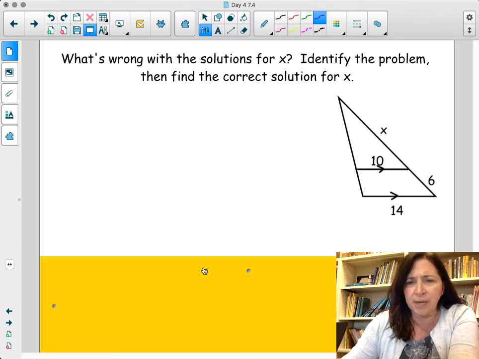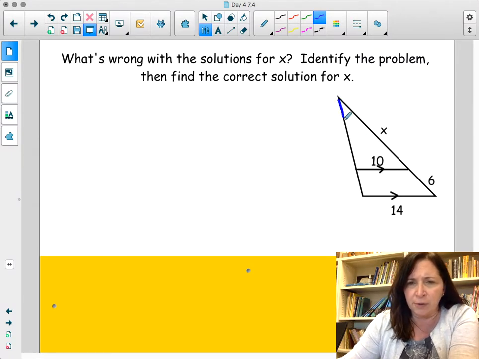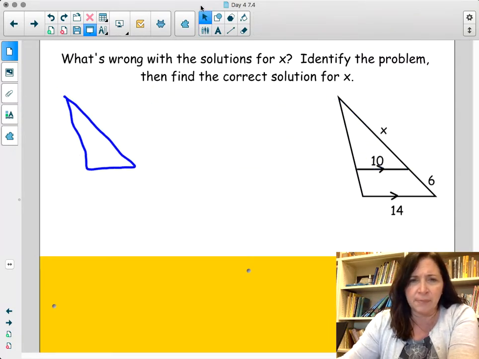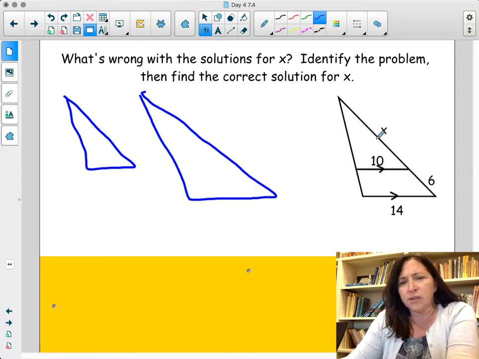So for this one right here, we're just going to separate the two triangles. So I'm going to redraw this right here. And I have this triangle here. So I'm going to move this triangle here. And then I'm going to redraw the larger triangle. Okay. And what I want you to do is to try to separate these and then write your values on